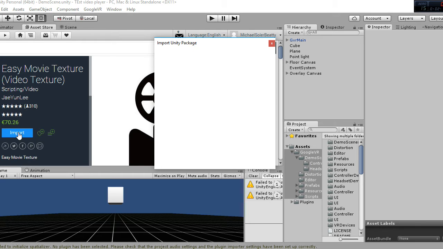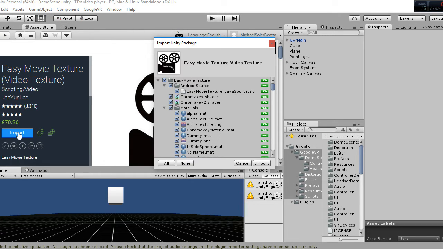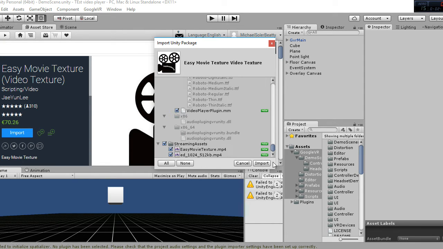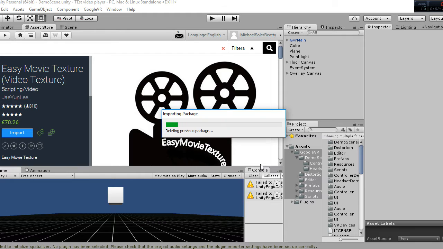You just have to select the things you want to import, and in this case it will be all new. You can see all is new, so you go ahead and you import it. Okay, so let's wait for a second, or some seconds. The main thing about this movie texture is that it's going to need a special folder